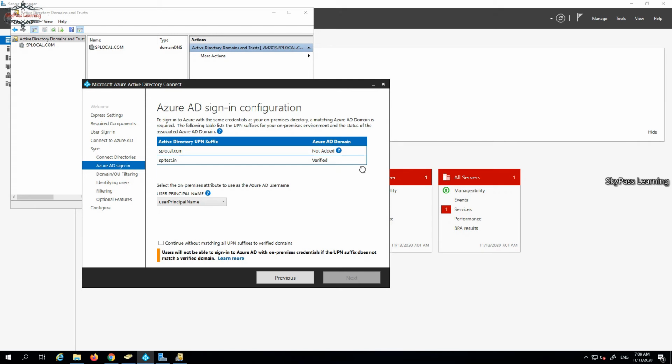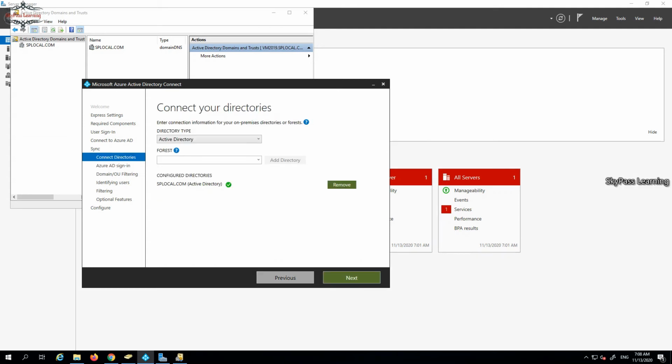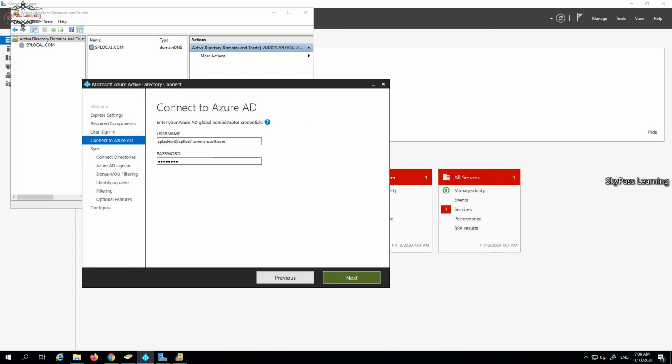So now you can see the verified domain is added here, this one. And continue with it. It's saying without matching suffix, not added, because I have taken it. So let me quickly go back to my syncing section.